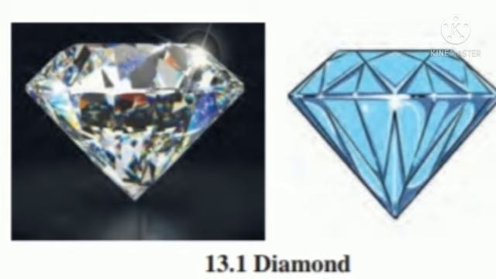The density of diamond is 3.5 gram per centimeter cube, and the melting point of diamond is 3500 degrees Celsius. When diamond is heated at 800 degrees Celsius in the presence of oxygen, carbon dioxide is given away. Diamond does not dissolve in any solvent. Acids and bases have no effect on diamond. Diamond is a bad conductor of electricity as it does not have free electrons.